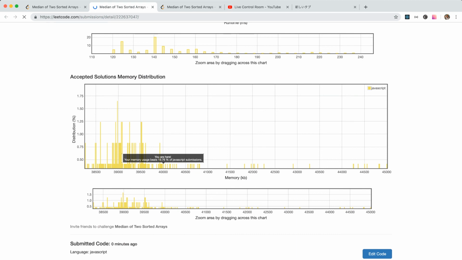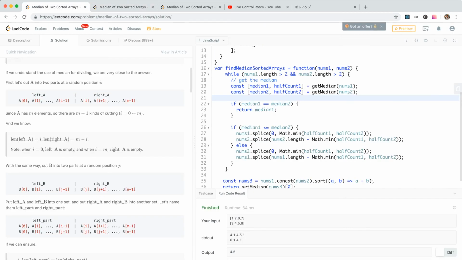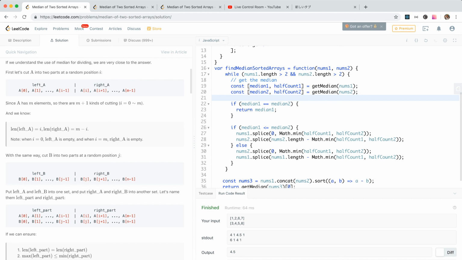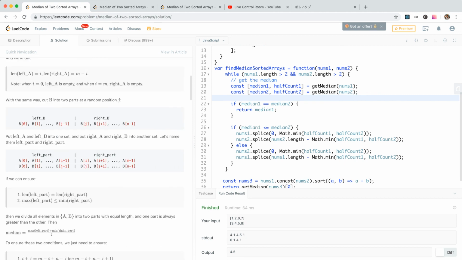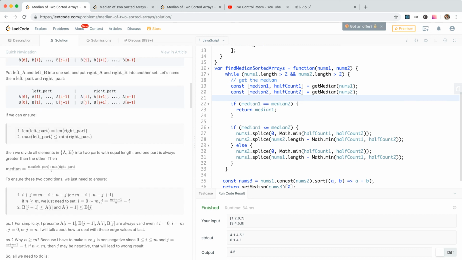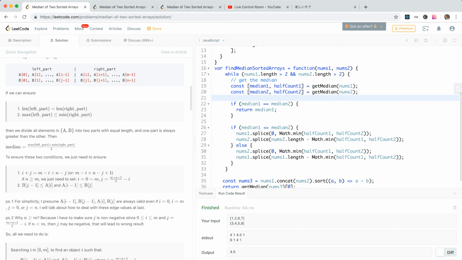A into two parts at a random position. A has m elements, so there are m plus 1 ways of cutting, and we know length of left A equals i, and right A is m minus i. With the same way, cut B into two parts at a random position. If we ensure length of left part equals length of right part, then we divide all into two parts with equal length. The one part is always greater than the other. Then median